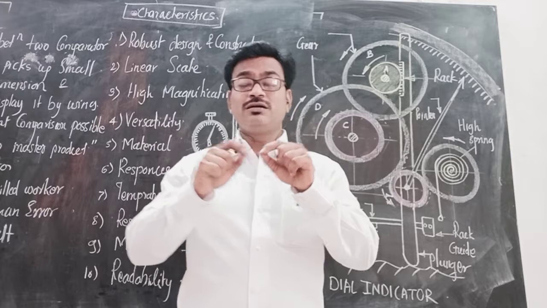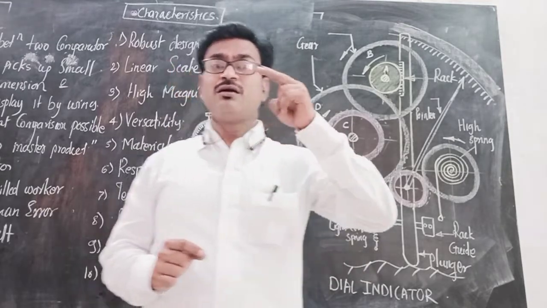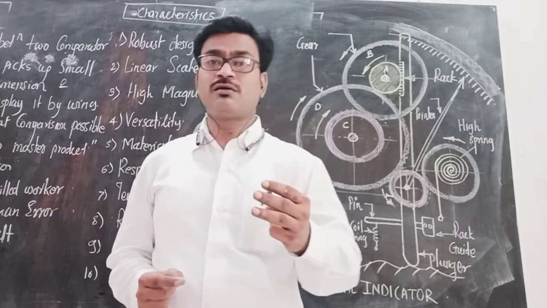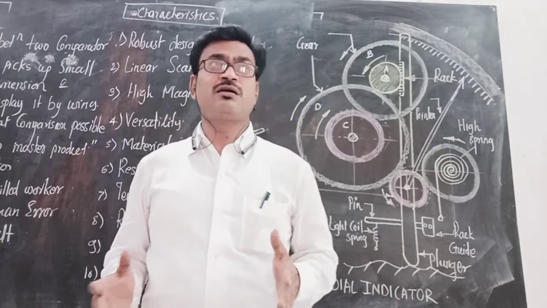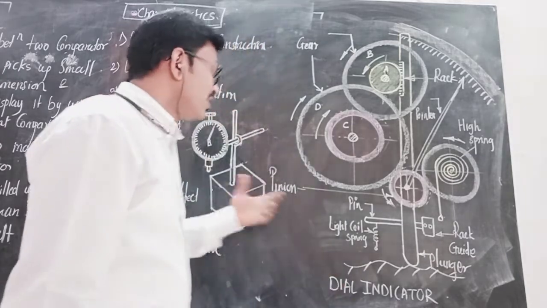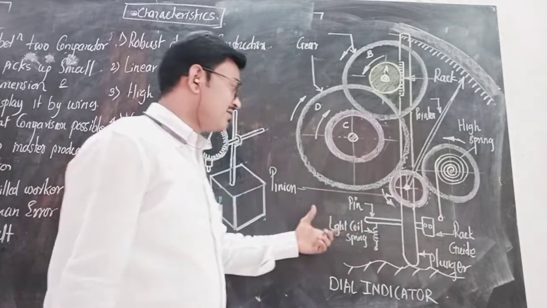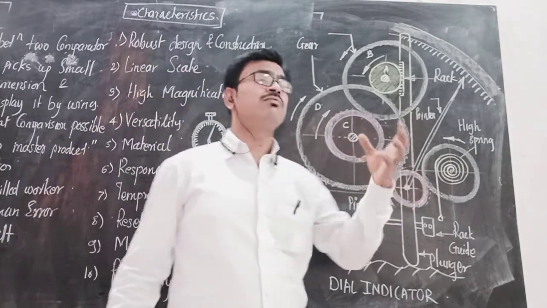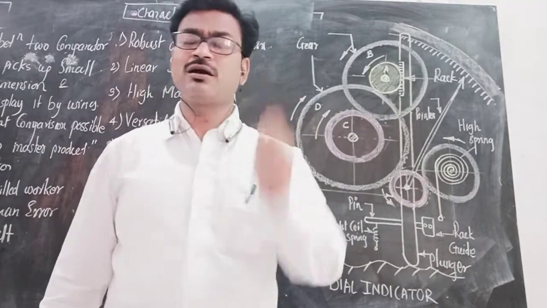A comparator has four types. That is the mechanical comparator, then the pneumatic comparator, the electrical comparator, and then the optical comparator. These are the different comparators. How does the name come about? This name comes from the working principle inside. A comparator whose working principle uses different types of gears and pinions is called a mechanical comparator.